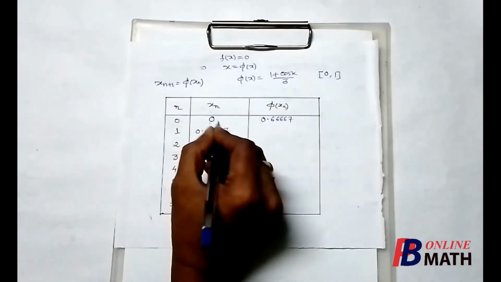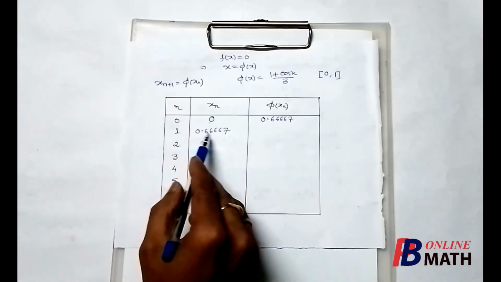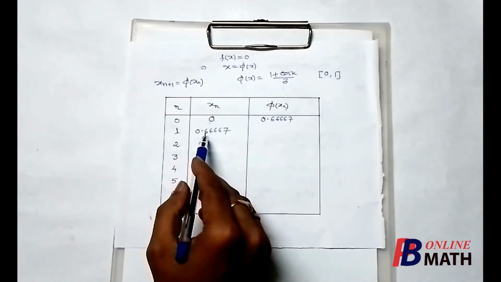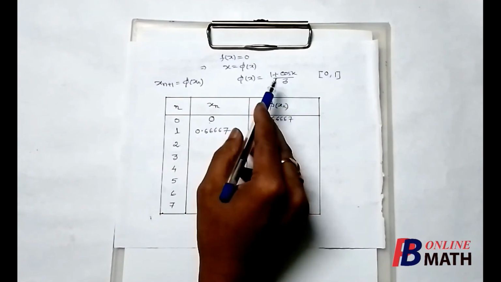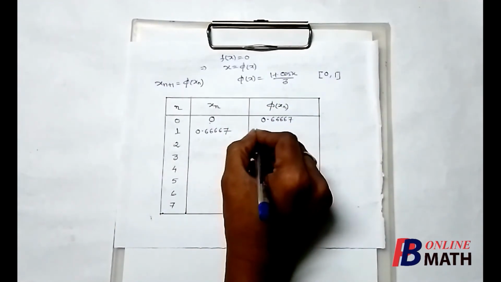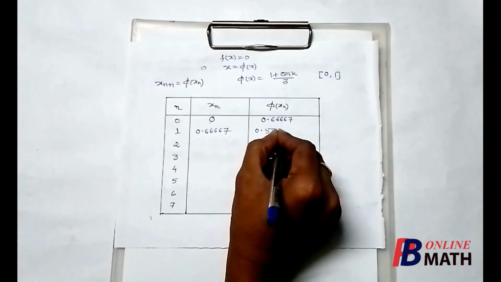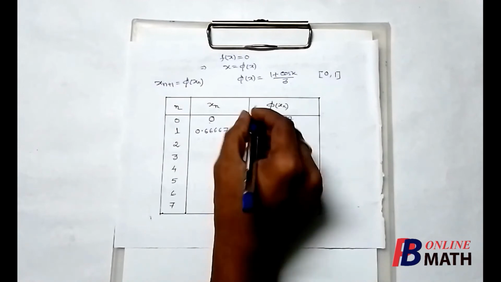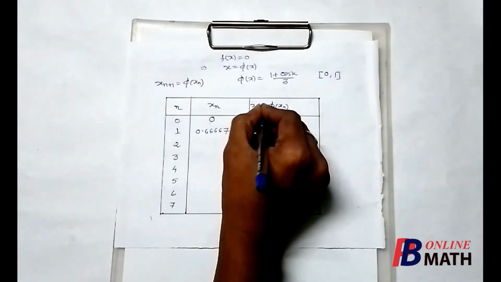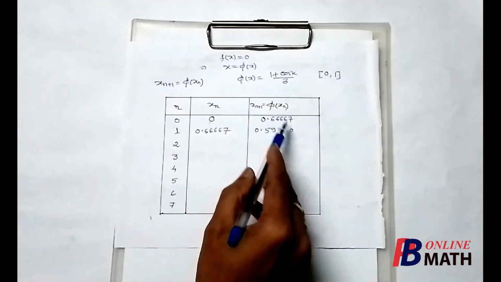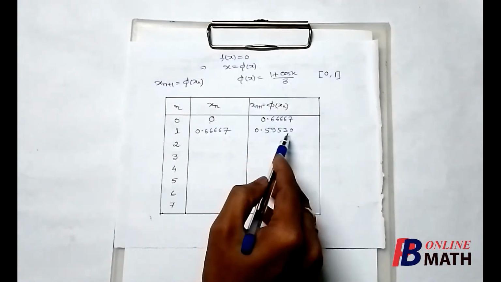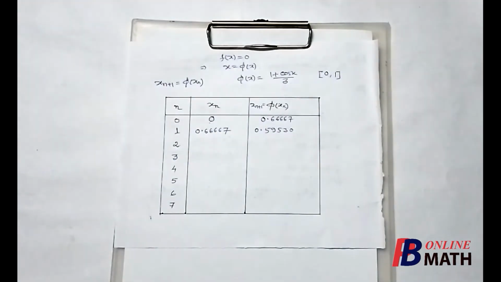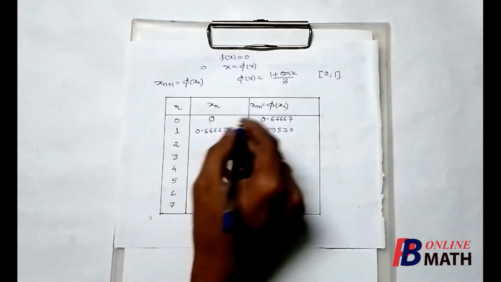0.66667. Now if x1 equals this, then we shall find phi(x1), and if we put this value in this function, then it will be 0.59530. Using the calculator you can easily find this value. So this is the iteration formula, x(n+1) = phi(xn). So now this phi(x1) value will be considered as x2. So in the next step, the value of x2 will be